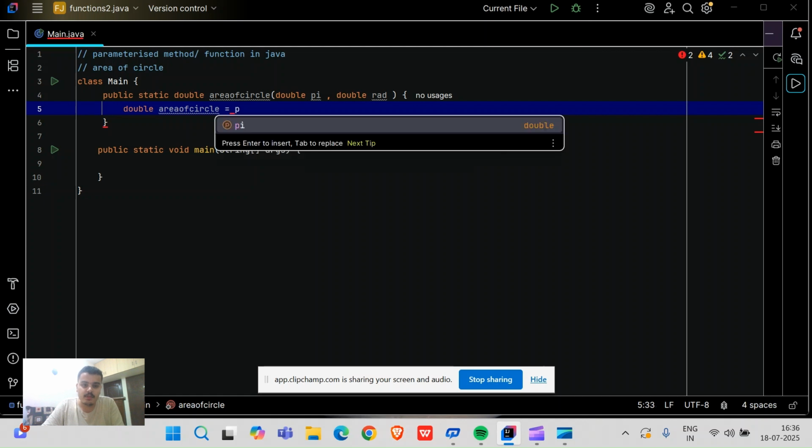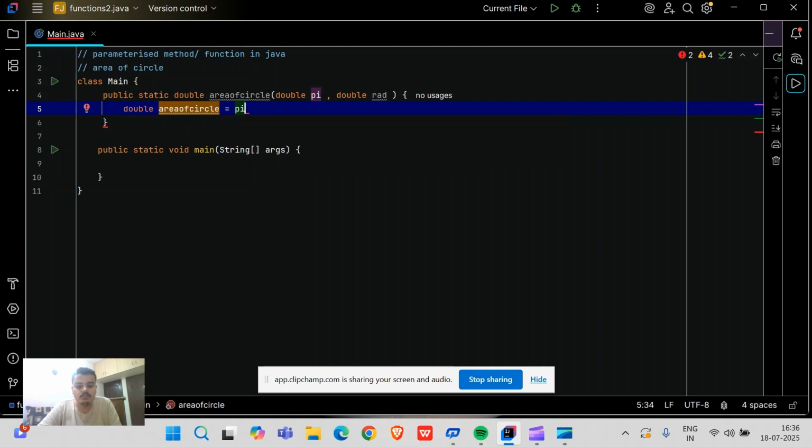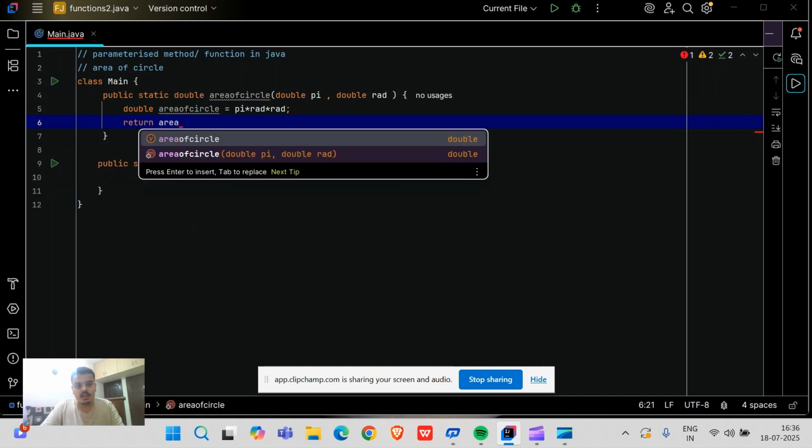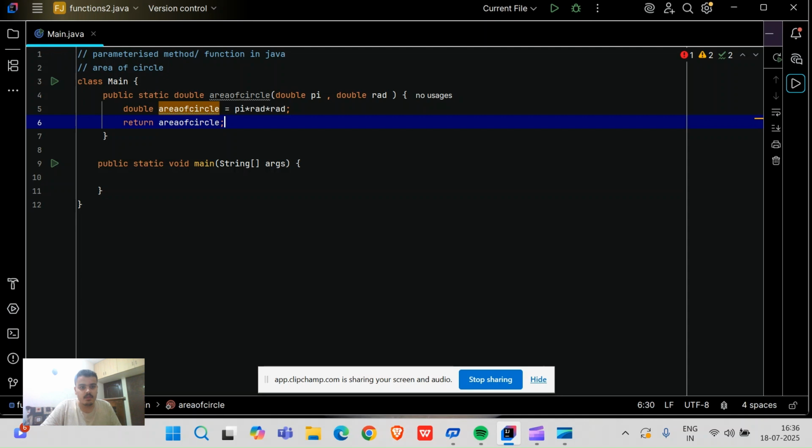The function will perform pi times radius times radius. This is what this block of code will do. After this I just return the area of circle from this function, because that is what this block of code computes.